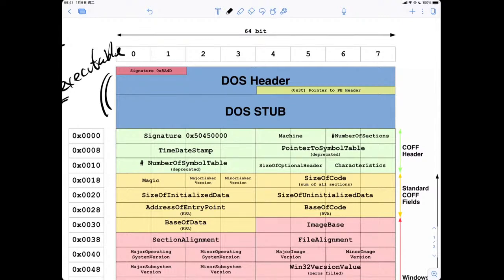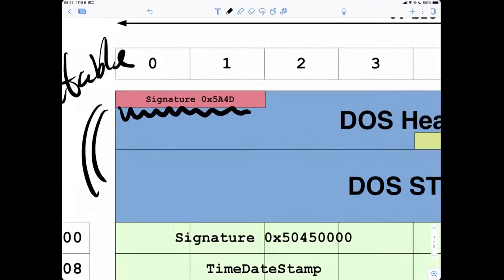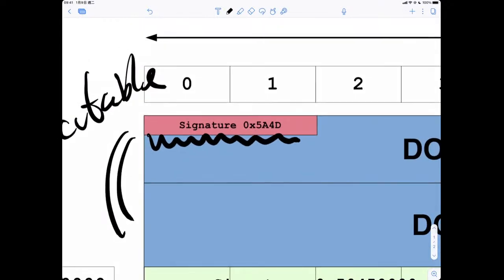Okay, so first, the first 2 bytes, which is 16 bits, should be 5A4D. That is 2 bytes. Okay, if you are familiar with